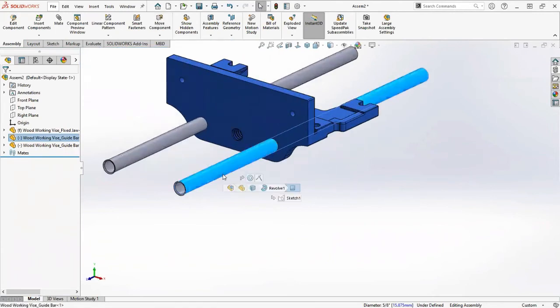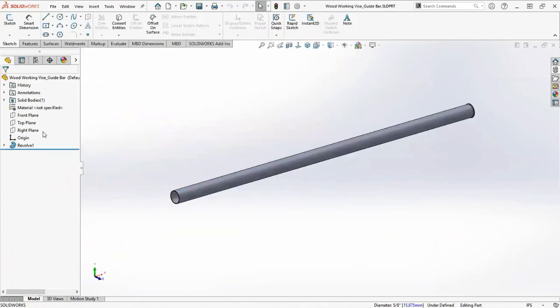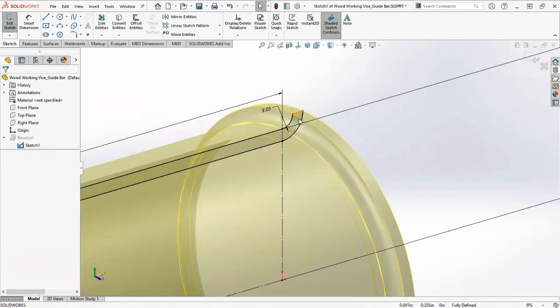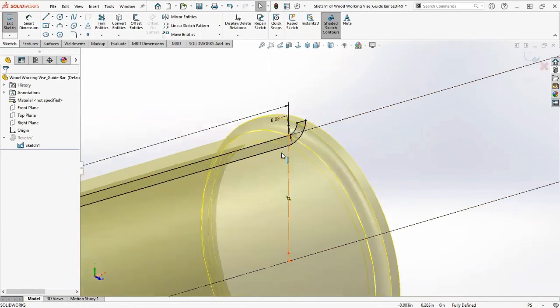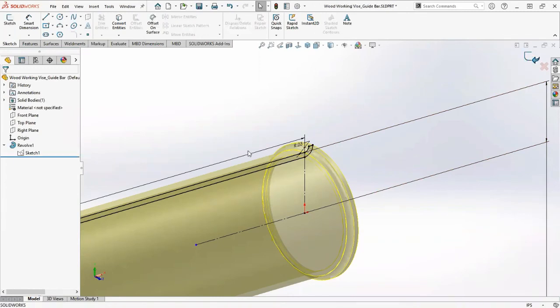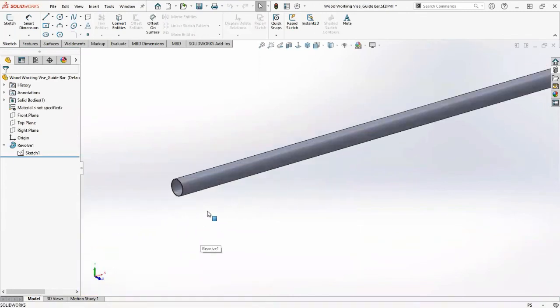So let's real quick just open that part so I can show you how it was built. Just a simple Revolve feature. And if I edit the sketch, you can see that I just created a thin profile and used the center line to define the diameter of that. Go back to our assembly